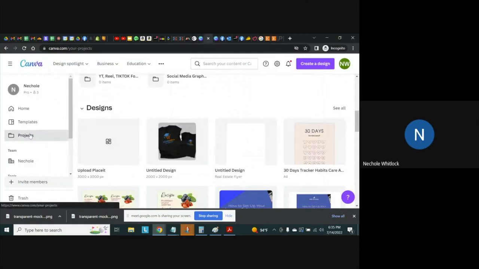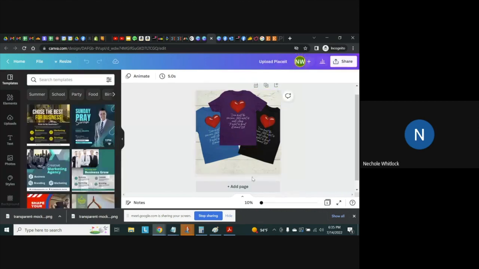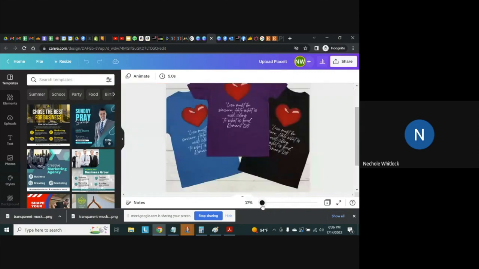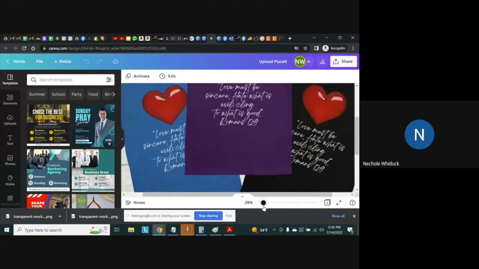Only because I'm doing this. Upload, Placeit. There we go. Just lay them one on top of the other, and you'll get the same or a similar effect. And I think it will actually look a little bit better as I zoom in, outside of this whole see-through because it's the heart. But it'll look a little bit better on the shirt versus the other one that I did before,